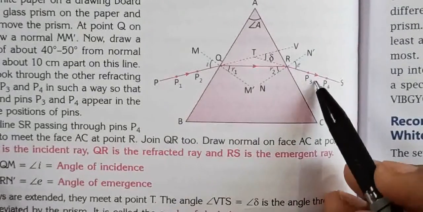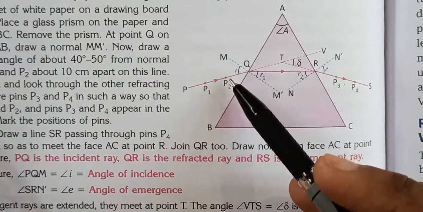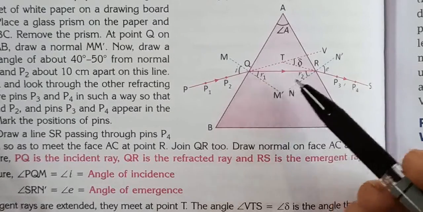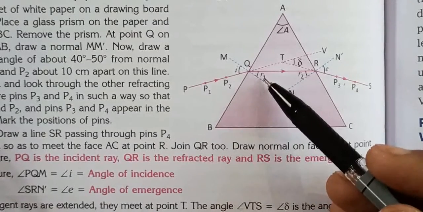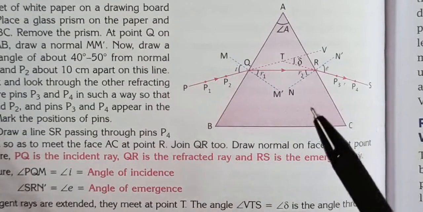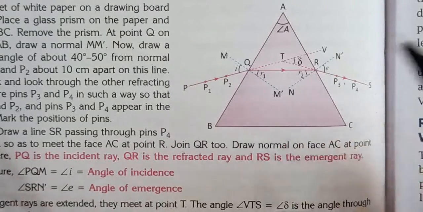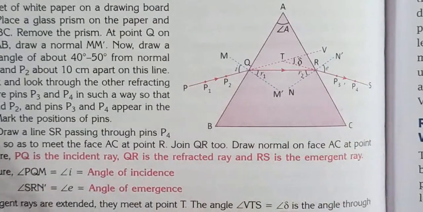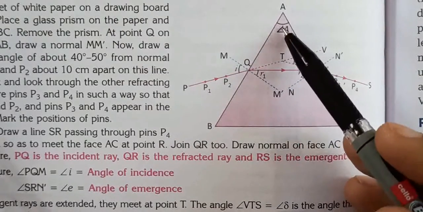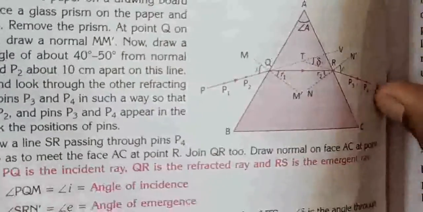Do you understand? So what are the angles? The angle which the emergent ray makes with the normal is the angle of emergence. What is the angle of incidence? The angle which the incident ray makes with the normal. What is the angle of refraction? The angle which the refracted ray makes with the normal. R1, R2, two are there. One is the angle of refraction, R2 is actually the angle of incidence, but because it is inside the glass, the name is written as R only. One is R1, one is R2, and E is the angle of emergence here, and delta is the angle of deviation, and the angle on the top of the prism here is called the angle of prism, or sometimes we call it the refracting angle.